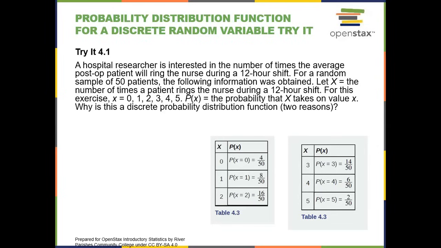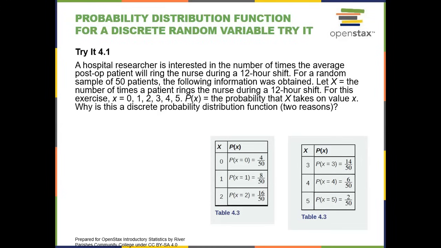Why is this a discrete probability function? What are the two reasons? The sum of the probabilities is 1. So look at the first one. X is 0, probability is 4 out of 50. X is 1, probability is 8 out of 50. X is 2, probability is 16 out of 50. Add all the probabilities together: 4 plus 8 is